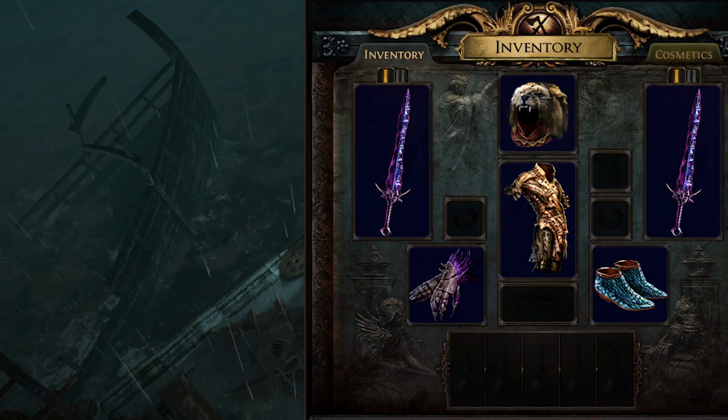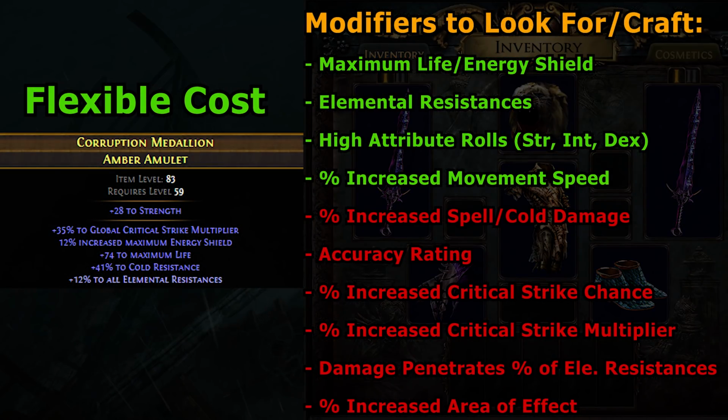First up is going to be picking up a rare amulet. This has a very flexible price and has a variety of stats you can choose to look for. First and foremost, all the standard fare: life, energy shield, resistances, and attributes. But offensively, we can look for additional stats such as percentage increased spell damage, percentage increased cold damage, added accuracy